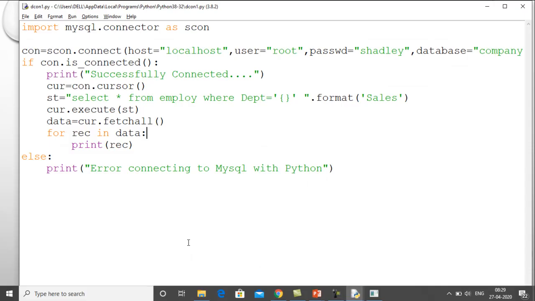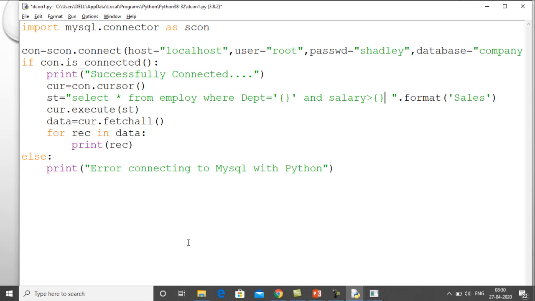Okay, so let me see how we will do this command. The command is basically select star from employee where department is equal to sales, and then we put and salary is greater than, then again a curly bracket is over there. Again a curly bracket is basically over there, because I told you wherever you want to put the values, just put the curly bracket in spite of that.